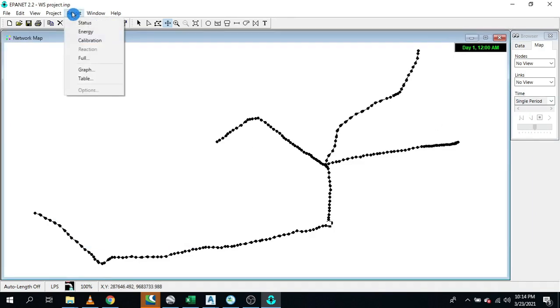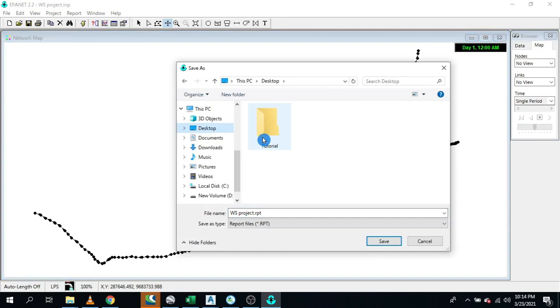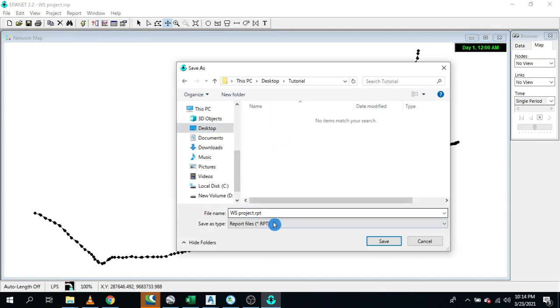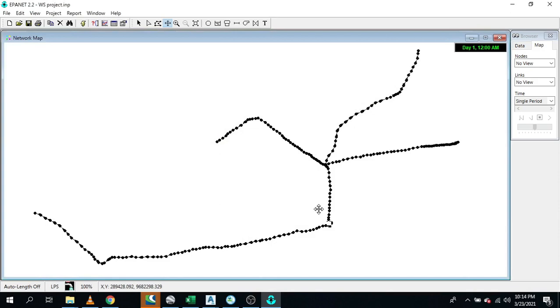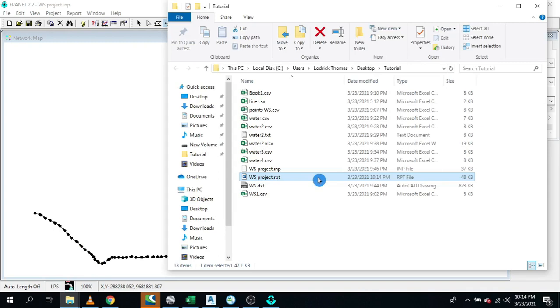So we need to produce a full report here. You can just go to full report, and from full report here, just go to desktop and tutorial. I'll save in your preferred folder. So for me, that is my folder. Just click OK. Just click save. From here, I will go to my folder, which is in design tutorial. Then select, my report was this. Then open with